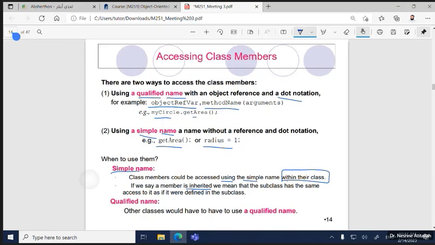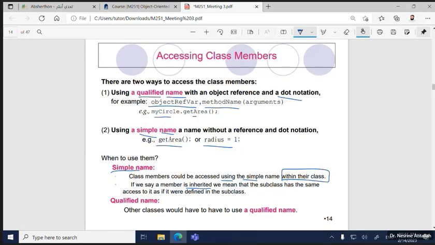Let us now stay here in the class, okay? Till now we are in the class. When we are in the class circle, when we are in the class student, I can use the attributes, I can use the methods without dot notation, okay? Now, if we are outside the class, in testing, in another class that needs some attributes from this class, okay? So I need to use this qualified name. Clear? If I am inside the same class where I defined the radius and the get area and the get perimeter, all of them,